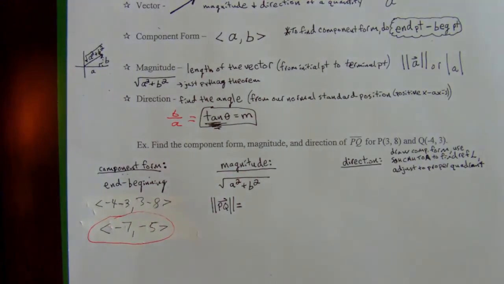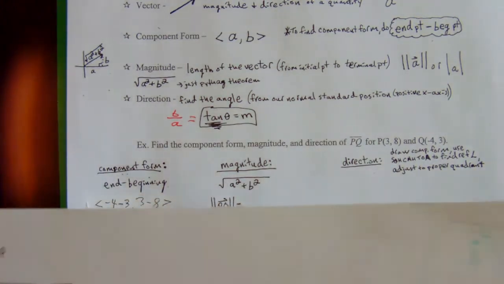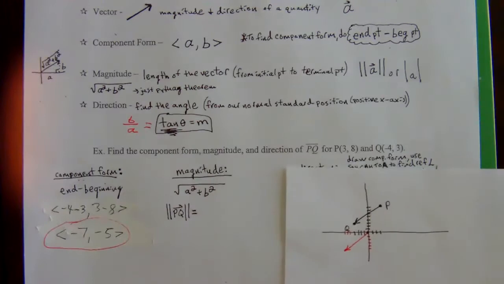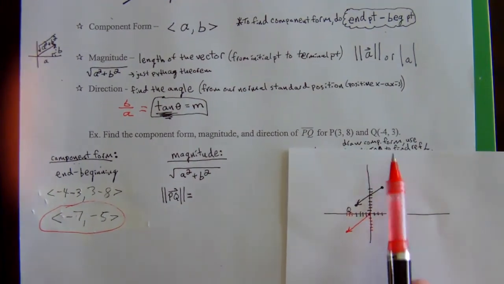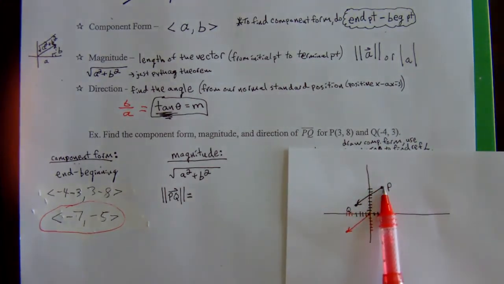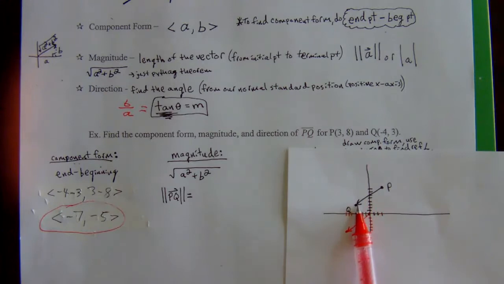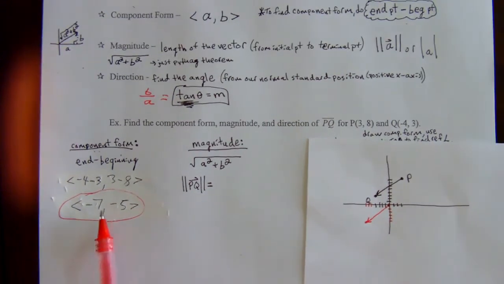Now let me review with you what you just figured out, in case you were curious. What is component form? If you plot both of those points, there's point P starting at the point 3, 8, there's point Q starting at the point -4, 3. And notice to get from the initial point to the ending point, we went to the left 7, down 5, right? Now what the component form does, it gives us, hey, I went to the left 7, down 5,